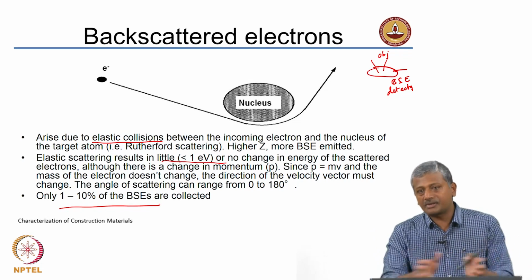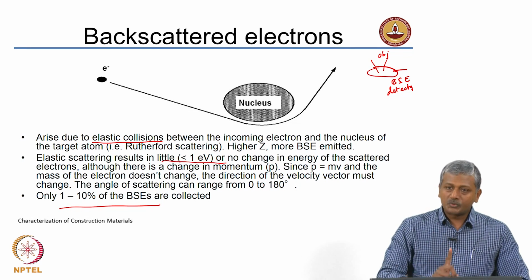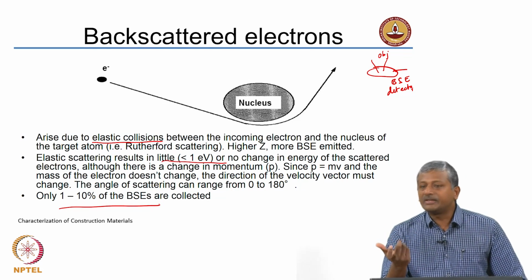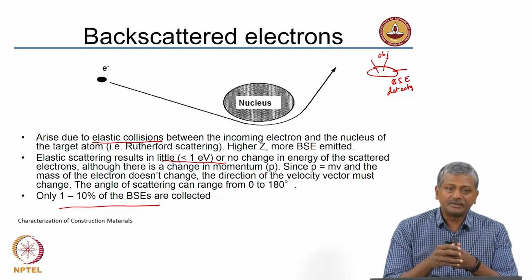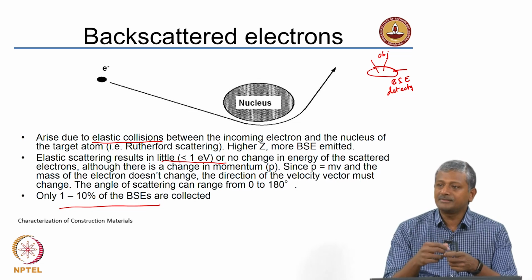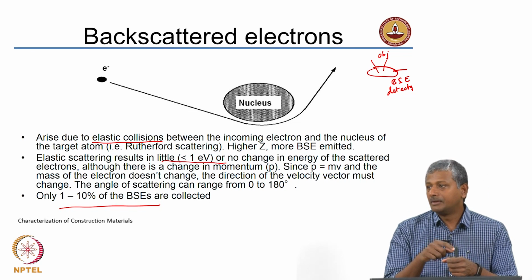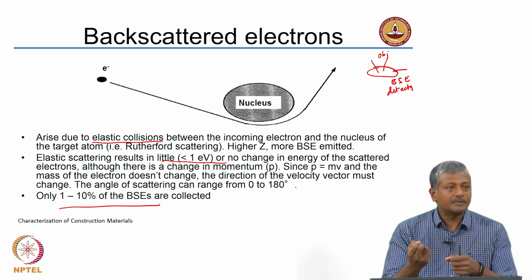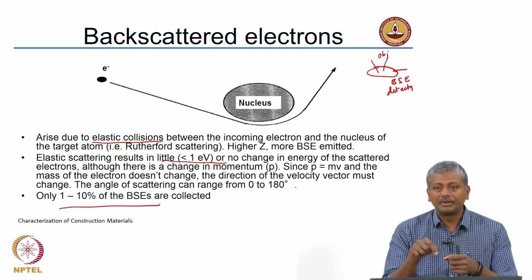Many of them may just stray off to the sides. We do not collect those electrons, we primarily collect the ones which are coming directly back. And the denser the phase, the greater will be the reflectivity, because if the nucleus is dense, you can imagine the elastic collisions will be much more from that type of a nucleus. Also, please remember there is the other issue: the denser the phase, the greater will be the absorption also, and the denser the phase, the lesser will be the penetration depth of your electron beam.